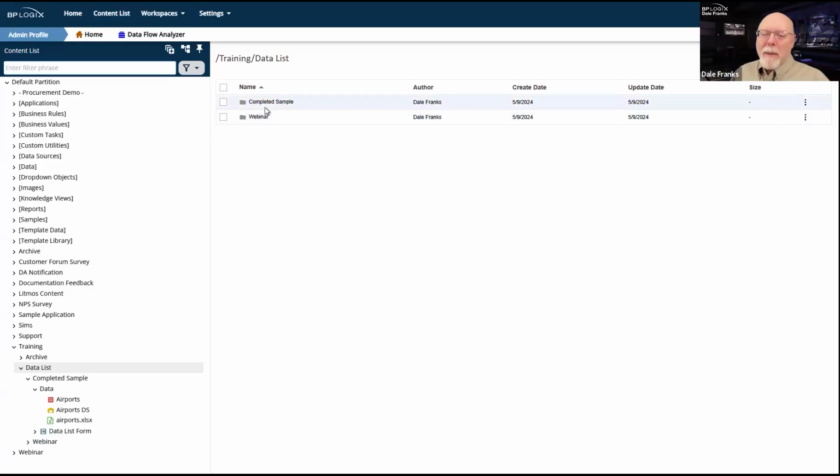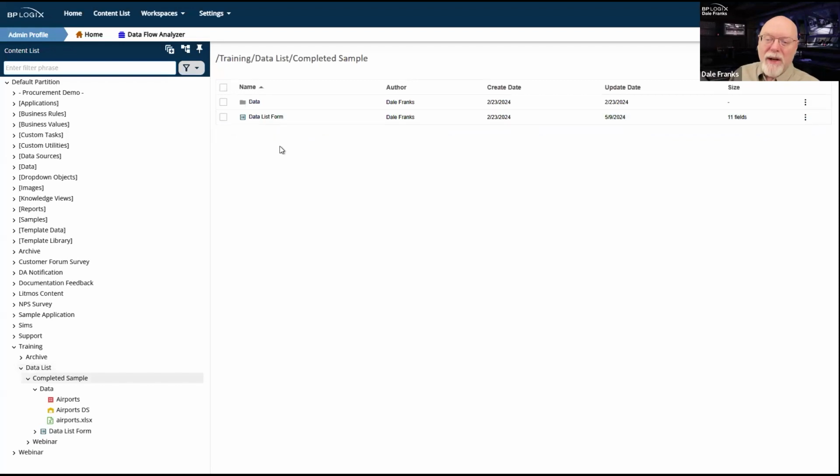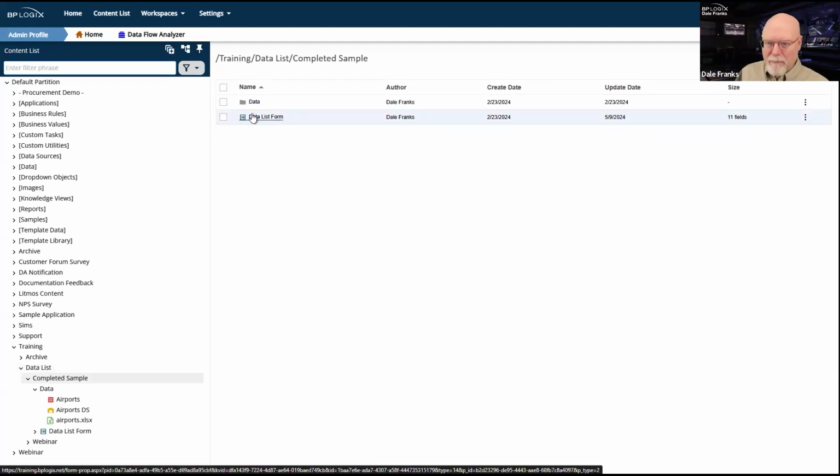So let's look at the application that I've built, and then we'll go ahead and reconfigure it. It's not really even an application. It's just a form. We're not going to get into timelines or anything like that. The data list control is largely form centric.